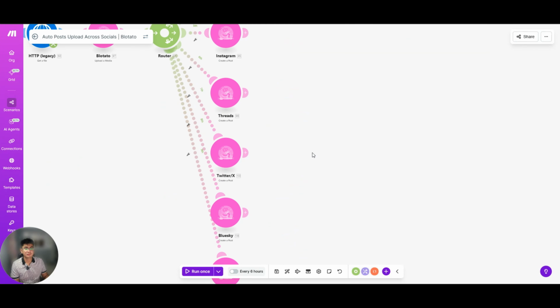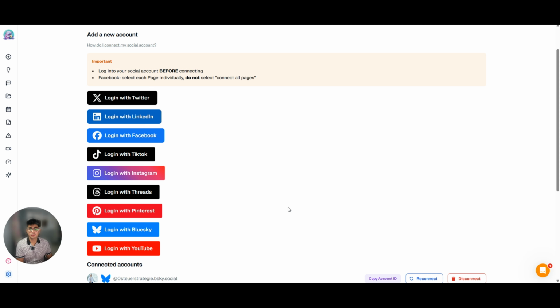You can connect all of your accounts here instead of logging in to multiple accounts, like your Facebook business account or something similar on other social media platforms. You can just connect all your accounts here and have one single API that you can use across different social media accounts. So that's how easy it is to maintain if you are using Blotato.